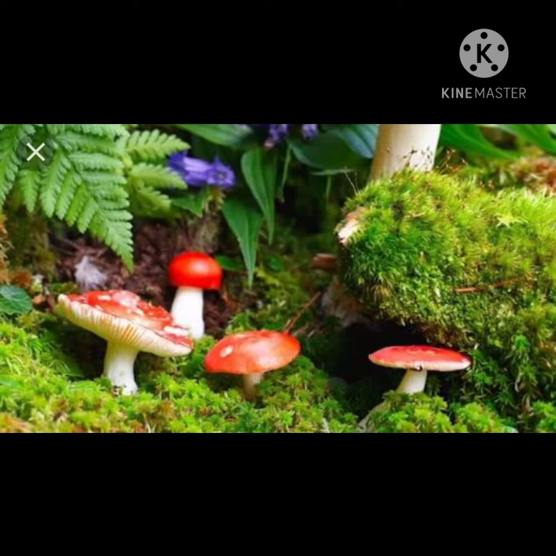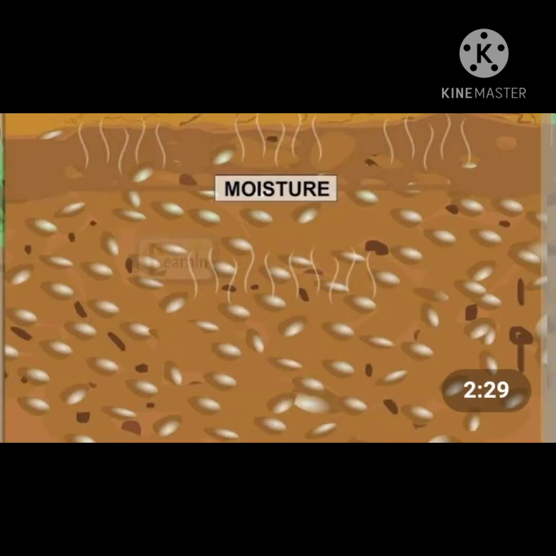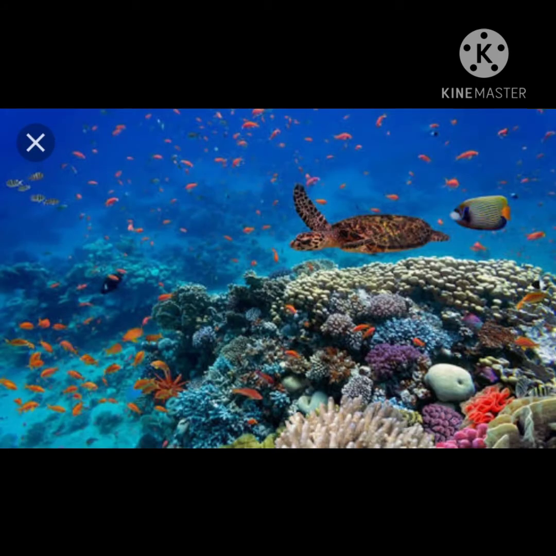We know that living organisms survive in different areas of this earth. In moist soil and dry soil we can see animals. Over the trees, over the walls of buildings, inside the houses, inside the water, aquatic animals. Everywhere we can see living organisms, both plants and animals. So in this chapter we are going to study the organisms and their surroundings.